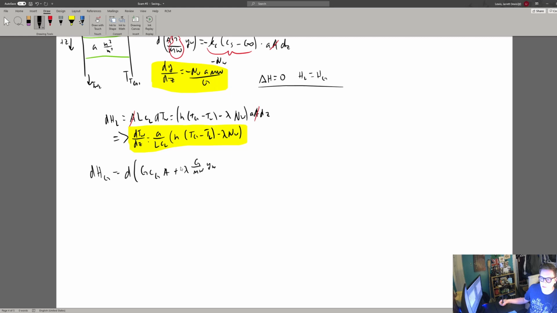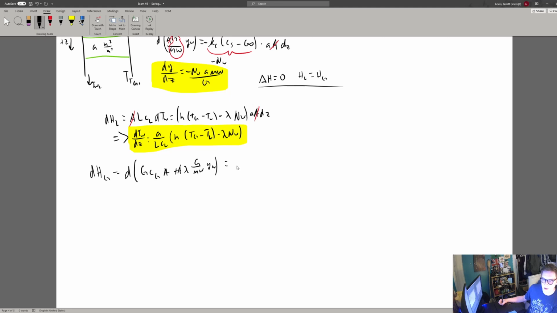Oh, and then we have to multiply by area again to keep our units the same. And this will be equal to, similar to what we did above,